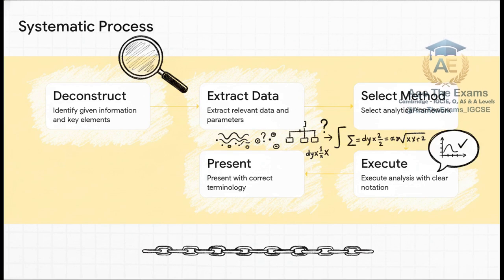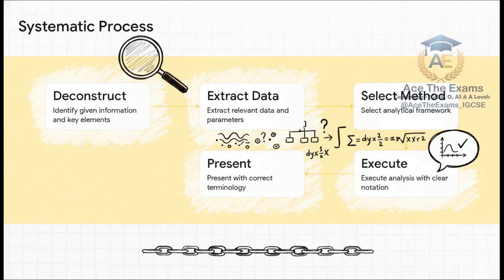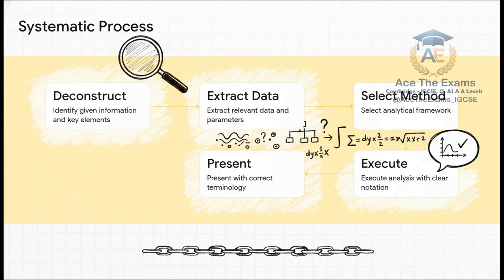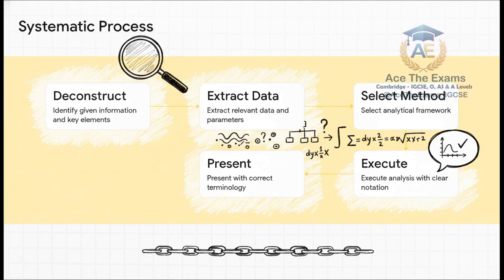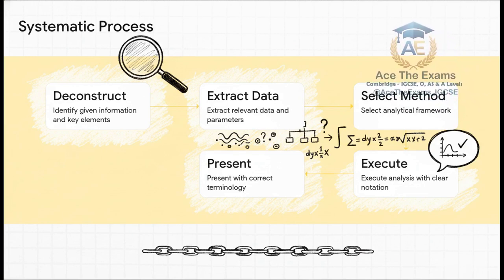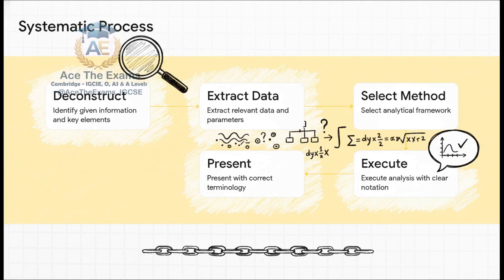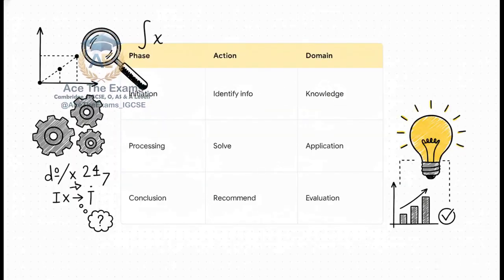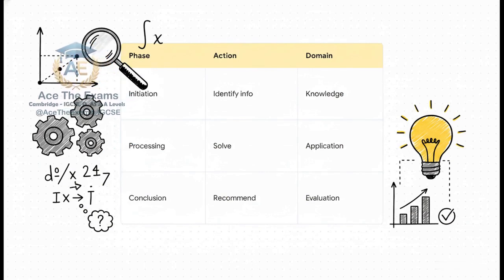If you internalize this specific 5-step sequence and follow it rigidly every single time, you insulate yourself entirely against exam panic. You will literally never sit there staring at a blank page wondering what to do next. You simply take a breath and move to the next logical step. Now, why is this specific 5-step process so incredibly powerful? Because it maps flawlessly onto the hidden architecture of the examiner's grading rubric.